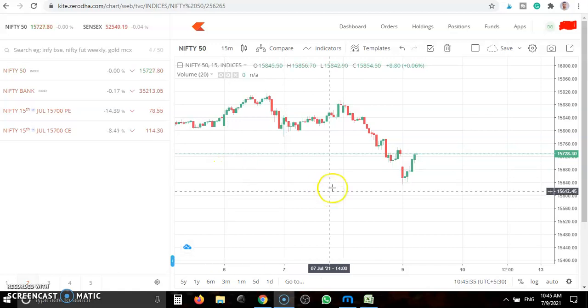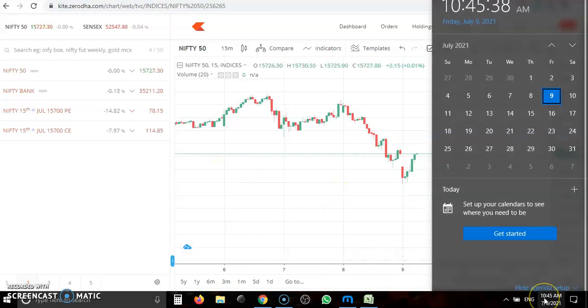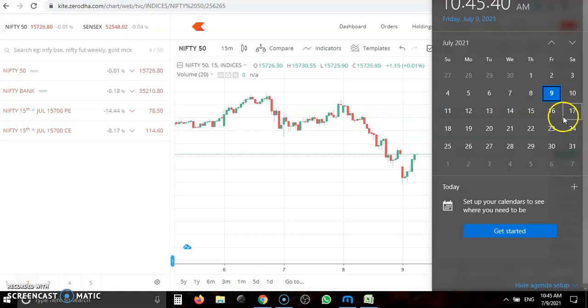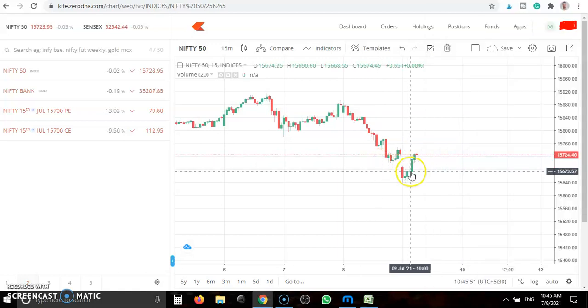Alright guys, today is Friday and we are placing a short straddle, a weekly expiry, right? Next it's going to expire on 15th, so that is why we are placing short straddle today. I place a short straddle near 10 a.m. At that time, you can see price was somewhere around 15,650. We place short straddle exactly